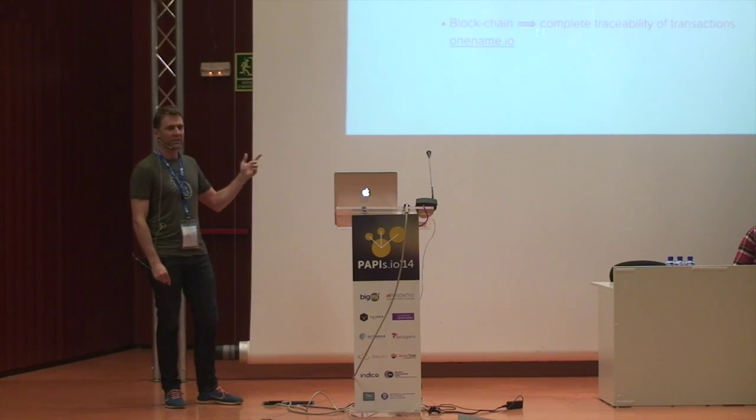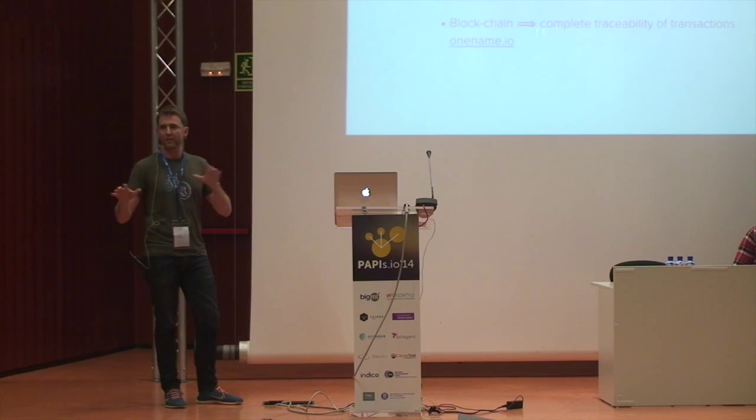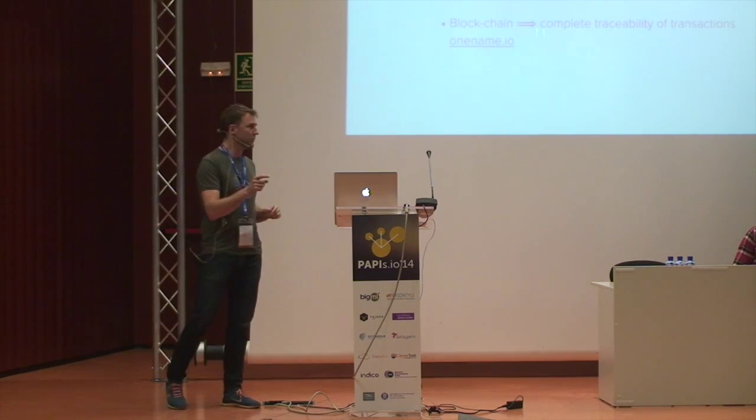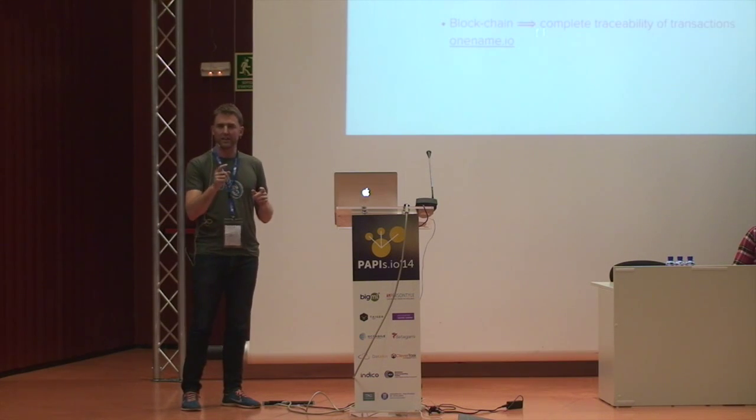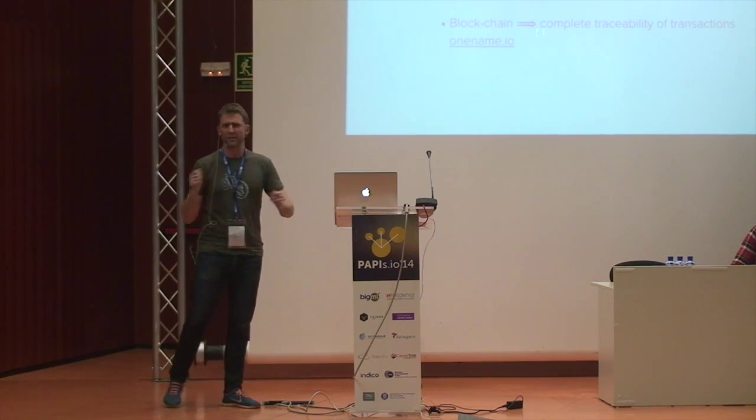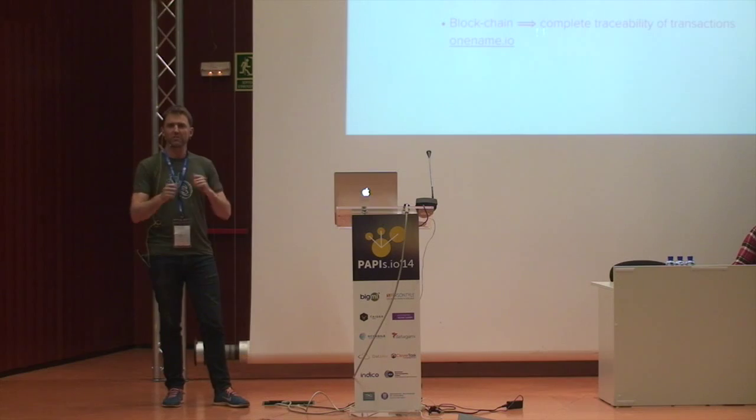You can link your personal identity verified through social media to your Bitcoin account, and then it's sort of what PayPal never got right. PayPal almost solved the online transaction problem, except you have this bit about how do you ID the people. And I guess they needed Facebook and Twitter to be around. So OneName.io is doing this.